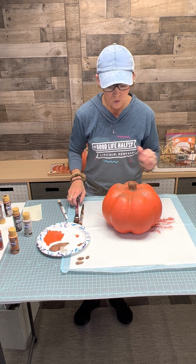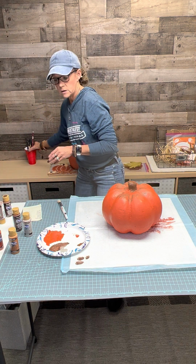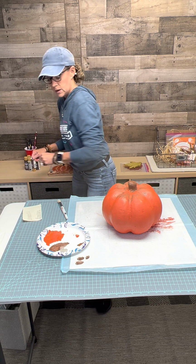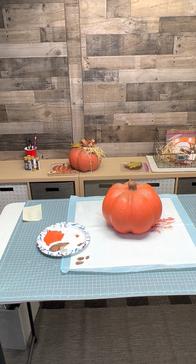Okay, so let's go ahead and put these in your water. We're done with the paints. So we're going to put this over here, and I'm going to put all my paints away over here. That way they're out of the way. Okay, now I'm going to step away for just a second because I forgot the dryer, and we're going to talk about the dryer. So when you're grabbing your dryer,